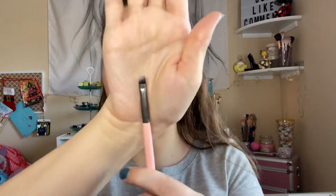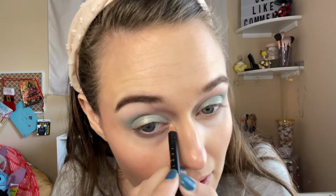So that's what it looks like. It's really light. I'm gonna go in with my finger. Oh, I just love that shade. Just stamp it on for more pigmentation. I think that's beautiful. And let's see. I need more of this. I love this kind of brush. I'm gonna go in with,